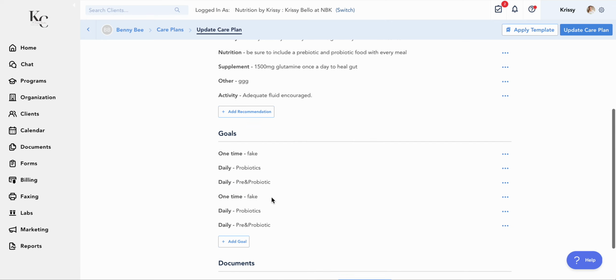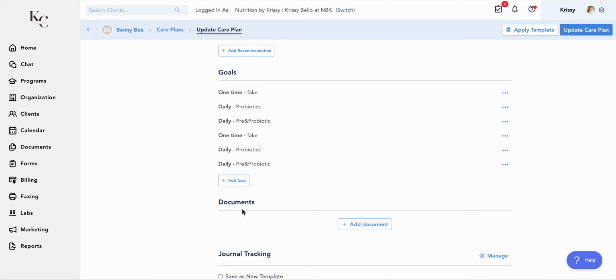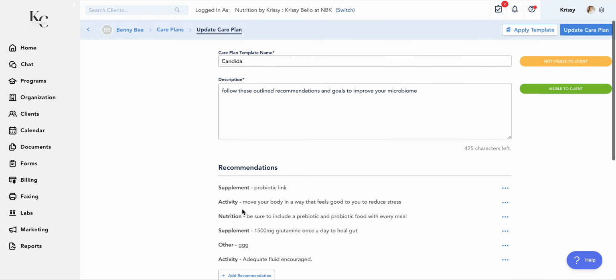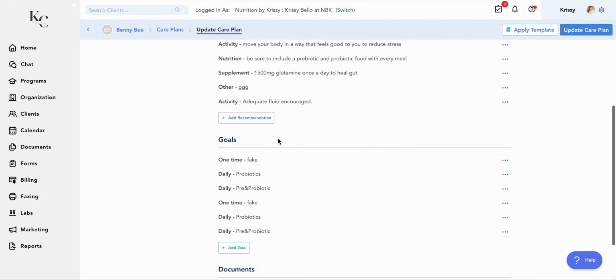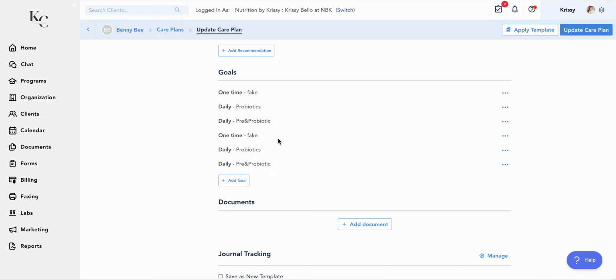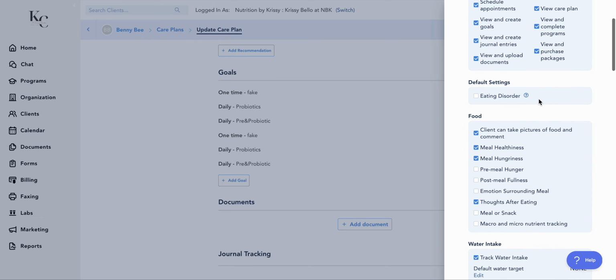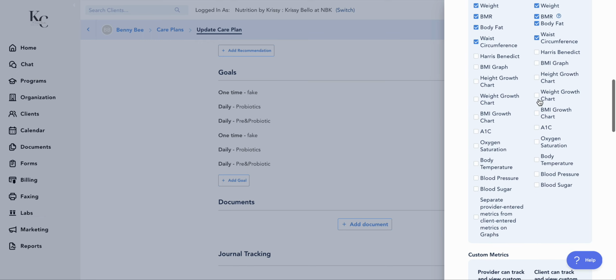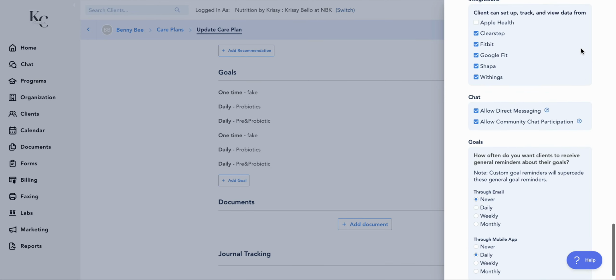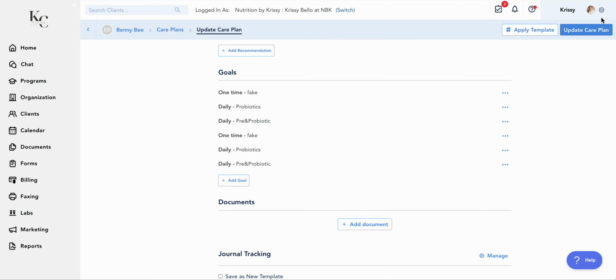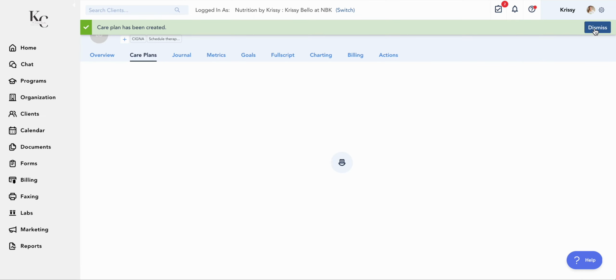Here are goals, part of the care plan, documents. So documents would be any referencing material. If this is a Candida care plan, maybe I can have a list of probiotics that would help with Candida, or a list of foods that they can incorporate into their diet to help, or even recipes. Any kind of referencing material you can add to documents. And then journal tracking, you see that these look identical to the individual, global and group settings. But once I'm happy with my changes here and I press update care plan